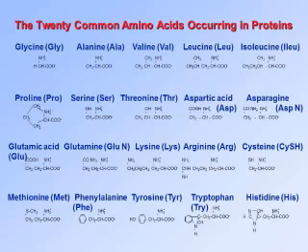Here you have before you the 20 common amino acids that occur in living things. I'm going to give you a minute to look at those. Because at the end, there will be a quiz. If you were in my chemistry class, you would memorize every one of them. That's how important they are. Not only would you memorize their names, but you'd also memorize their chemical structures. Because the chemical structure is what gives them their properties, which allows them to do what they do in living systems.